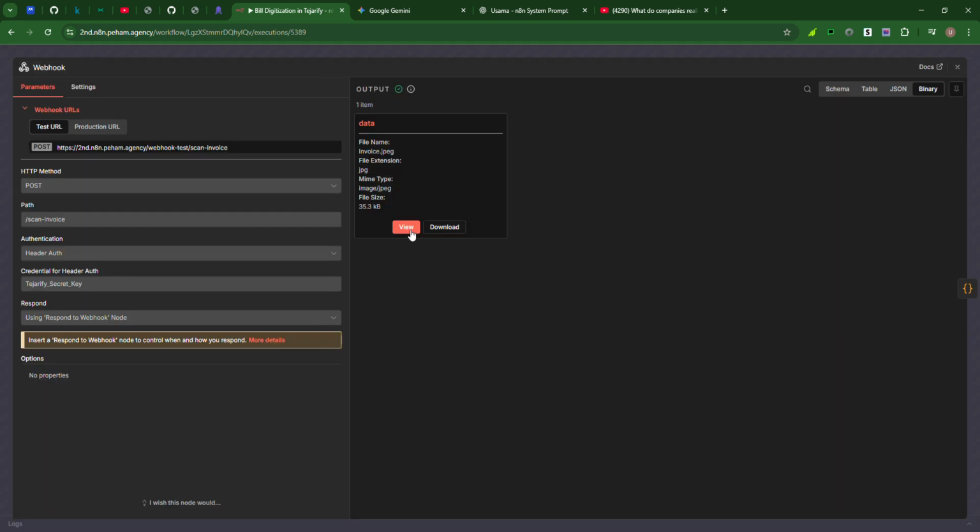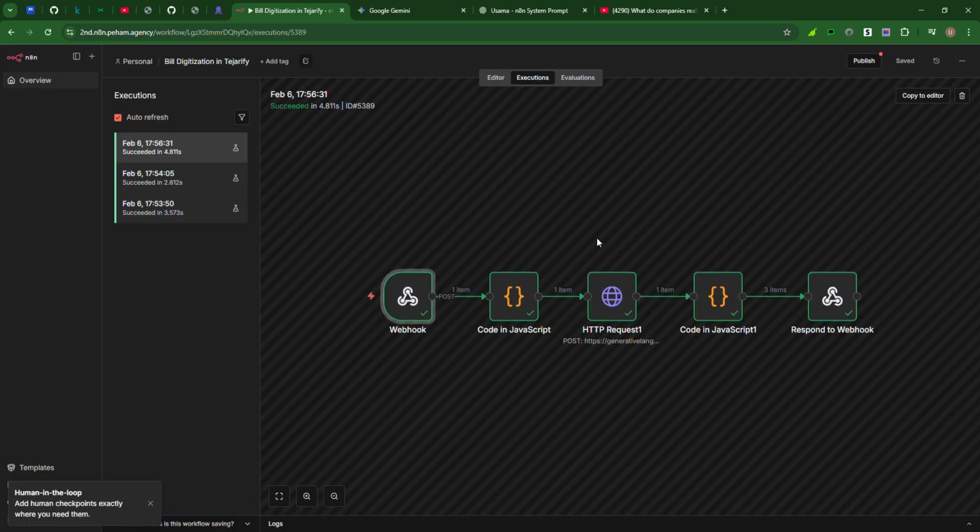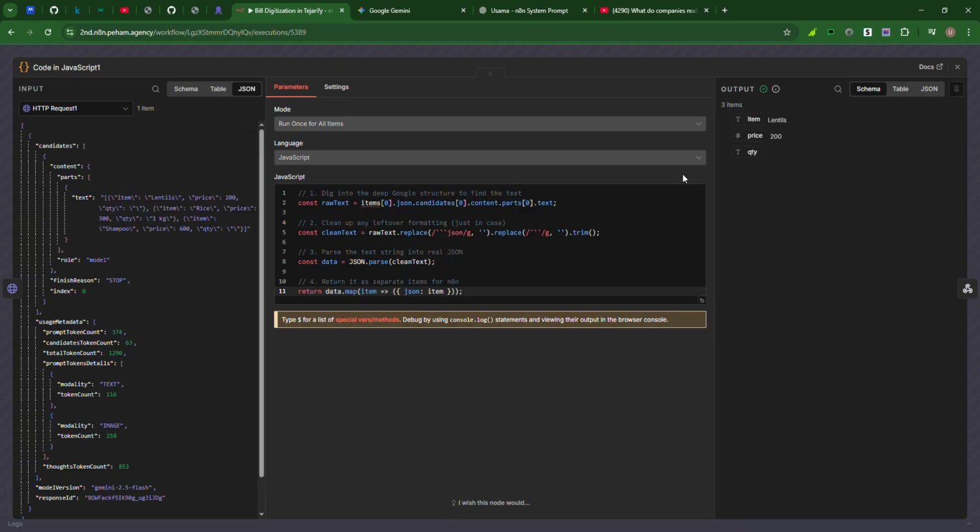First of all, it's going to get the image of the receipt using a webhook, and we're going to use Gemini 2.5 Flash for extracting the data out. After extracting the data, we will send that data specifically to the webhook from where we received it. So this is the first feature which I